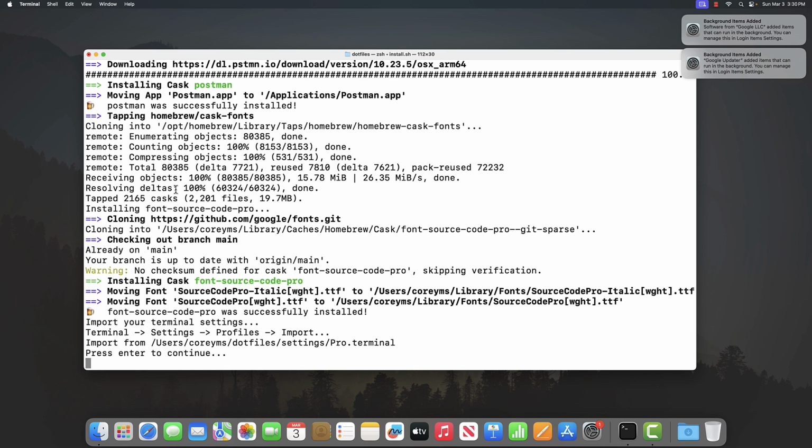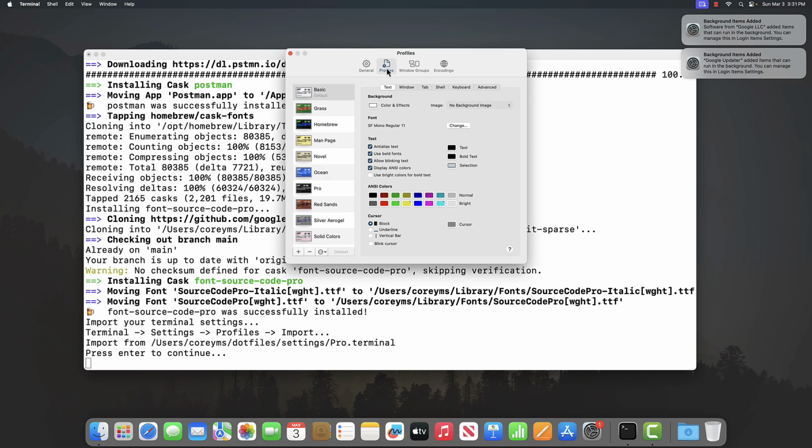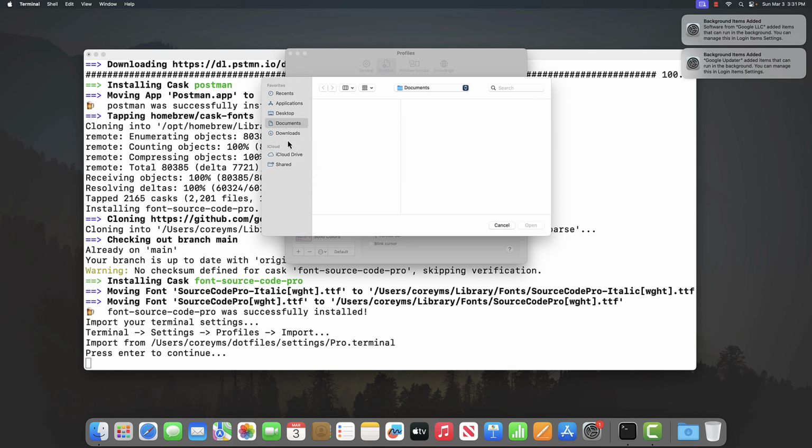So I'm just telling myself here to go to Terminal, Settings, Profiles, Import, and to import that from here. So let me go to Terminal, Settings, and Profiles. And this is based off of this profile here. Now to import, we click down here in the bottom left, go to Import, and let's see, this is in